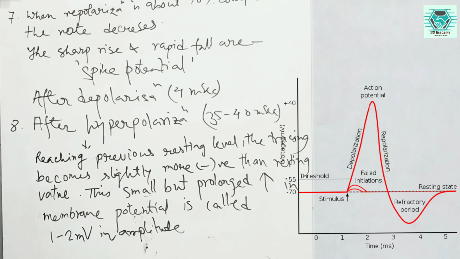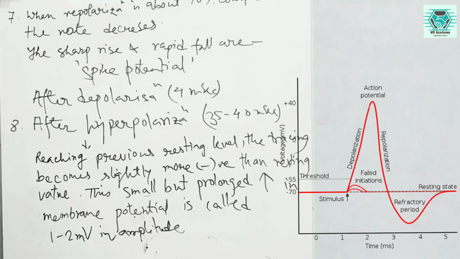So the size and duration of the action potential varies. Whatever potential is generated, it varies from tissue to tissue. It is not that all the time we get the same size action potential curve, or a curve of the same